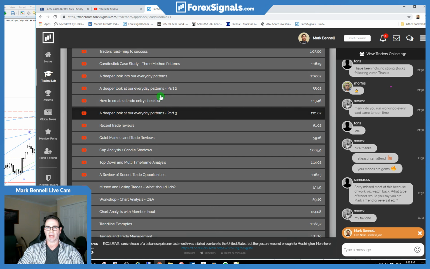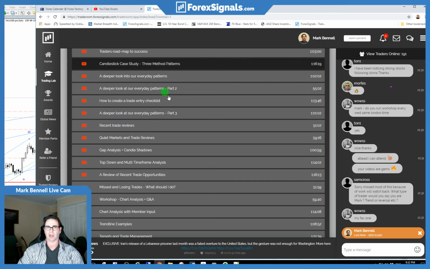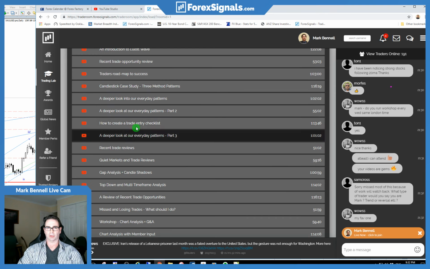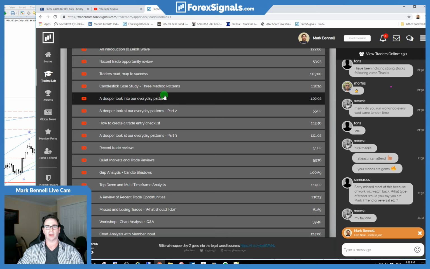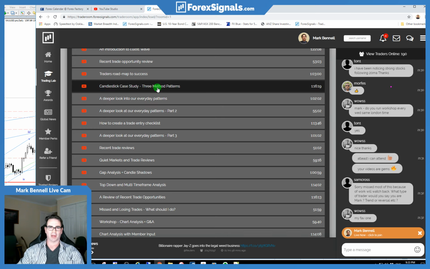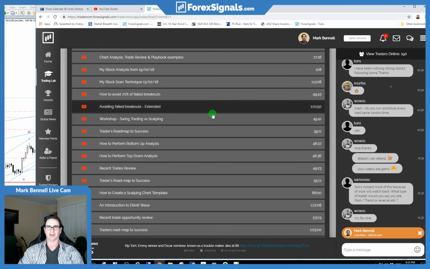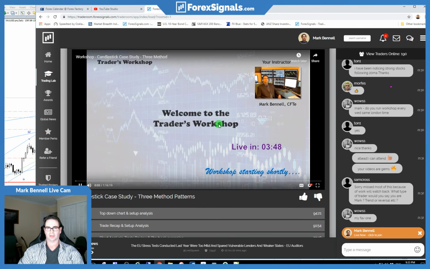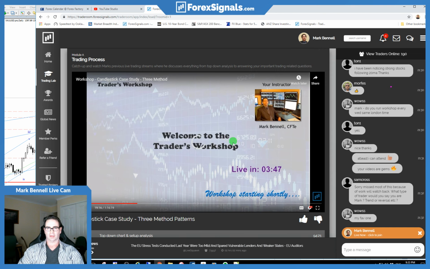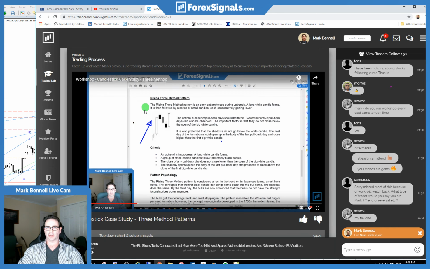Our candlestick patterns. Oh, here's one here. Here's one candlestick pattern. Where is it? Here. One candlestick pattern, an hour and 15 minutes on one pattern. Do you think we did it thoroughly? Do you think we looked at it thoroughly enough? Absolutely. Look at it. We went into huge detail.